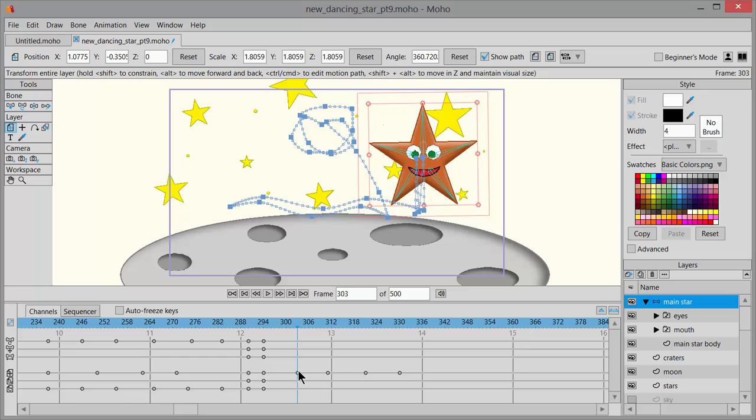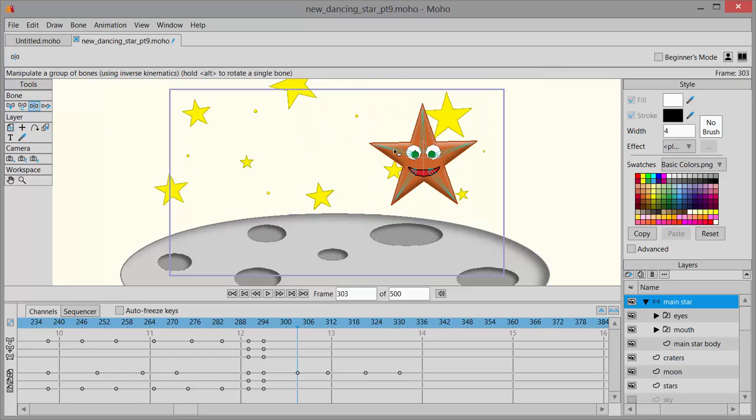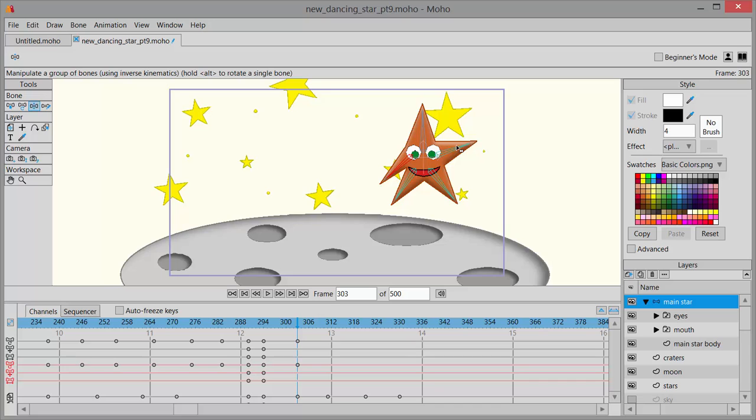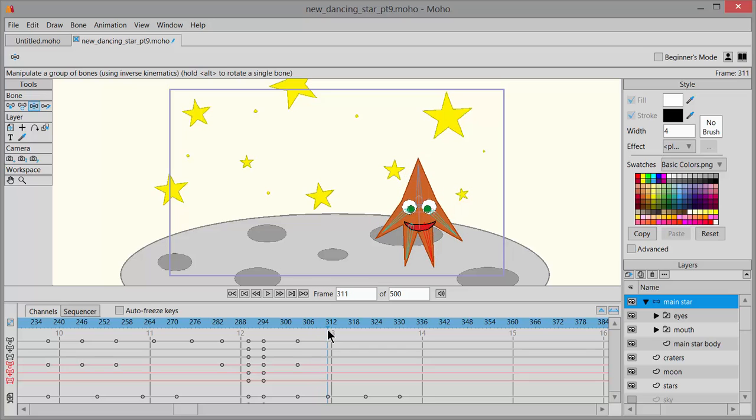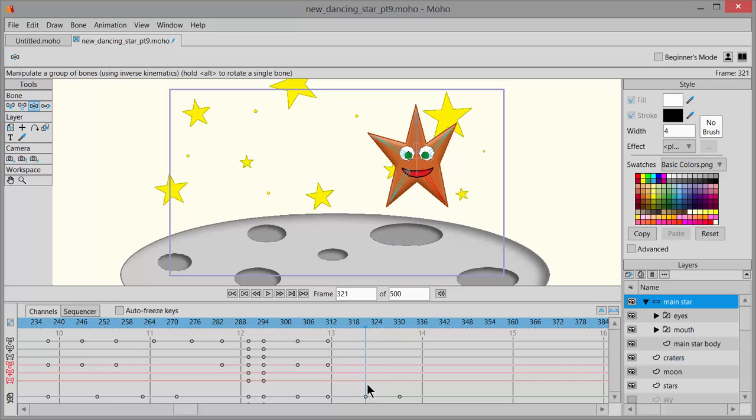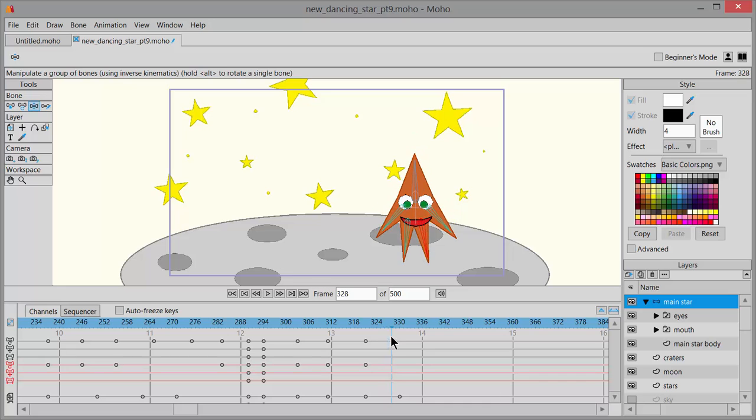I'm going to go back to the first time that I pushed him up, and right over top of that keyframe, I'll go over here to Tools and I'll click on Manipulate Bone. When he's up, I'll push the arms down and the legs closer together, and down in the timeline, moving to that next keyframe, I'll push the arms up and the legs apart. Again, moving to the next keyframe on the timeline, arms down, legs together. And for the last one,